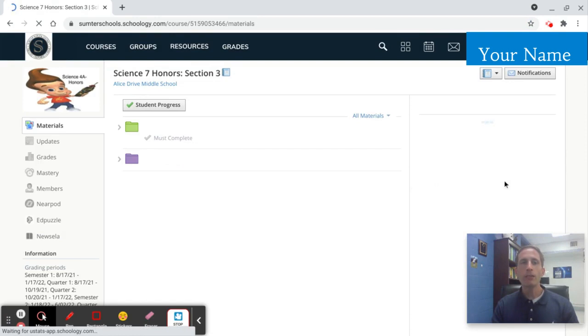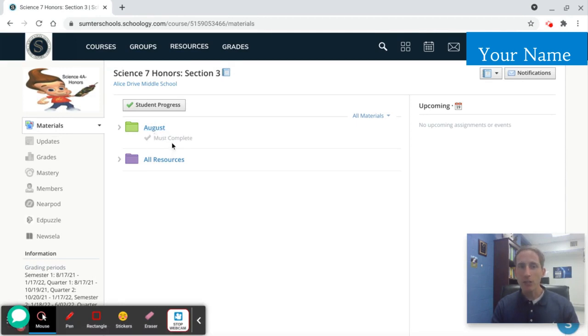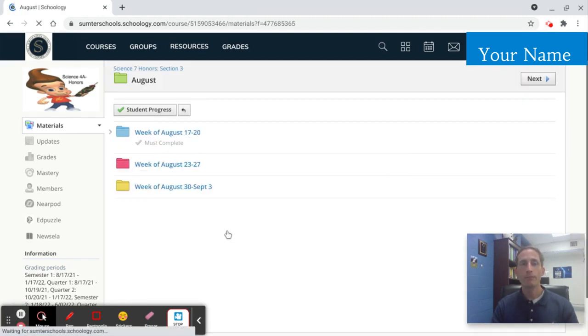And it's going to take you to one of these screens that's either materials or updates. Now, in this one, you can see what the materials are for this class. So this teacher has created a folder called August, and there's a little check under it, and it's gray, and it says must complete. That tells me there's something in here I need to do. So I go in there, and I can see there's different weeks laid out, and also another check saying this is something I must do. So I'm going to click it,